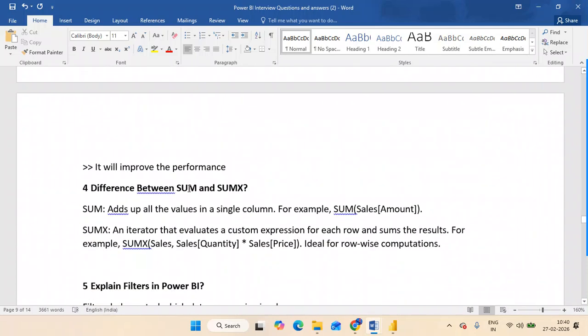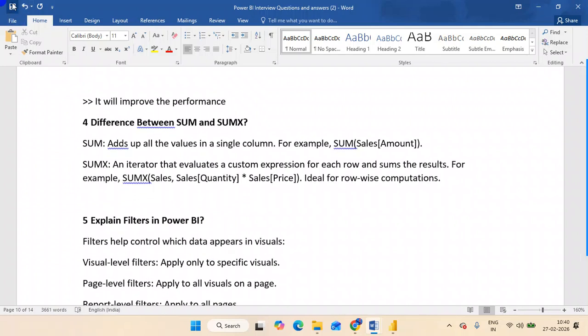These are very important interview questions. Just keep that in mind. The next question they'll ask is the difference between SUM and SUMX. We have already seen that SUMX works on row context, and SUM works on filter context. What is the meaning of it? SUMX is nothing but an iteration. Iteration is nothing but row by row operation. Here I have given an example, where I have two columns, quantity and price.